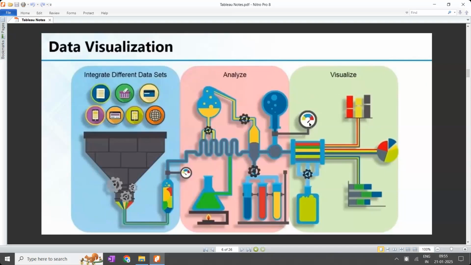This is a gauge chart. This is a stacked bar chart. This is a pie chart. This is a stacked horizontal bar chart. Now you already know all these things. When I first explained, you may not have known. But now